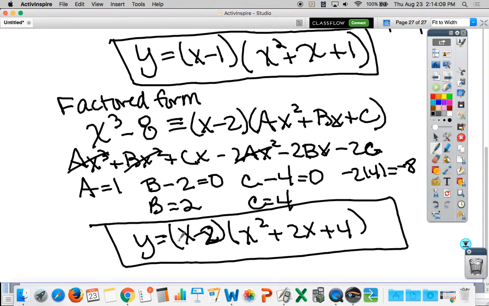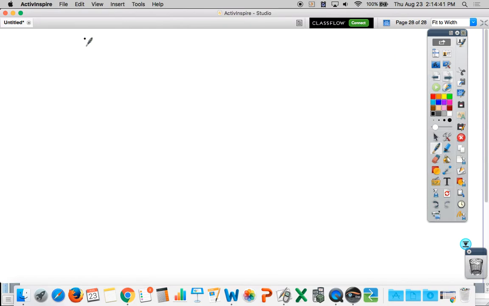Now, what else could you do to make sure it is? You could, but there's an easier way. Put a number in, check this against that. Okay? All right, any questions on that? So we're going to move on to what happens. So that's kind of what happens if you have an x cubed. Let's do what happens if you have an x to the 4th. We're going to factor